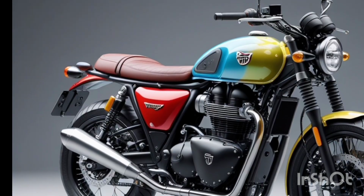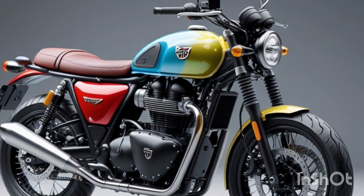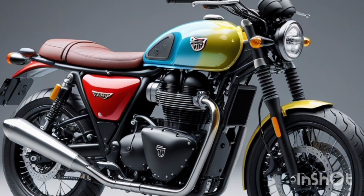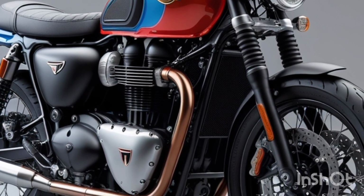It features classic round headlamps, twin-pod instruments, chrome details, and spoke wheels. The teardrop fuel tank, bench seat, and retro silhouette give it an unmistakable vintage look, a true nod to Triumph's